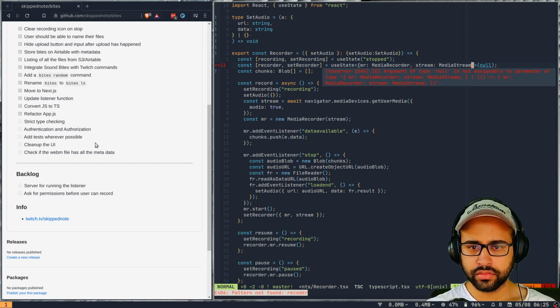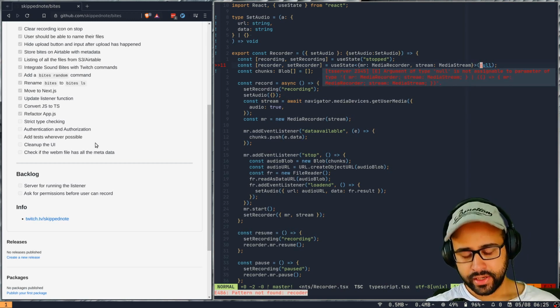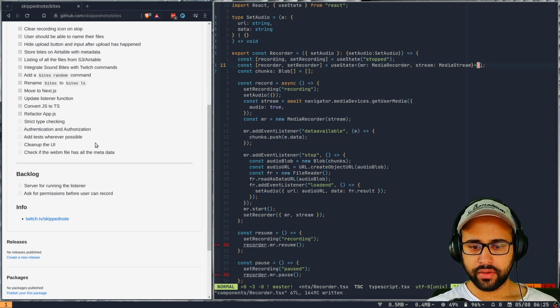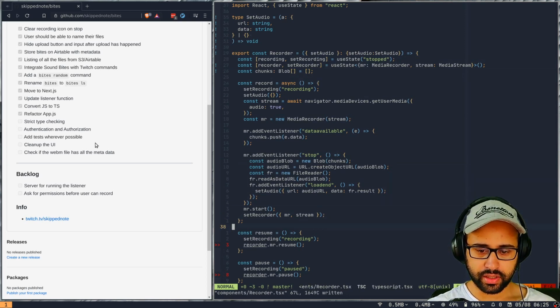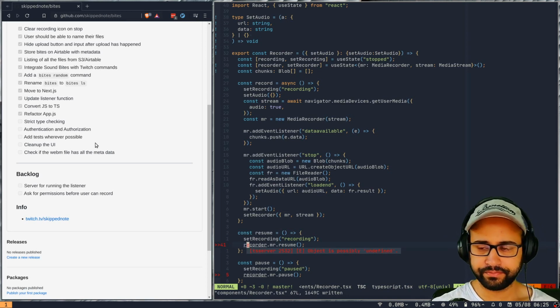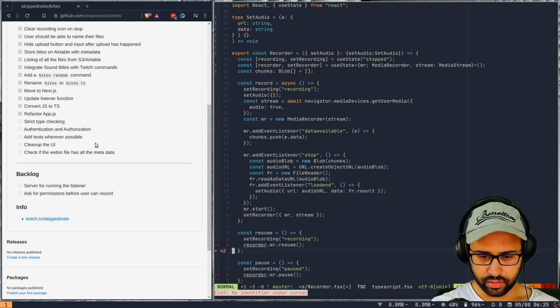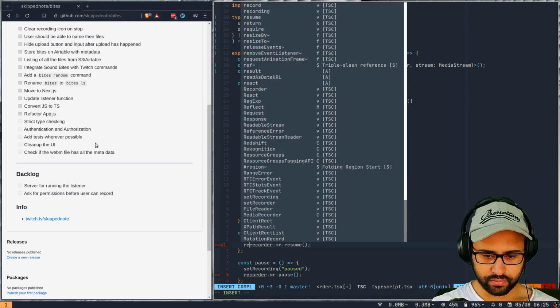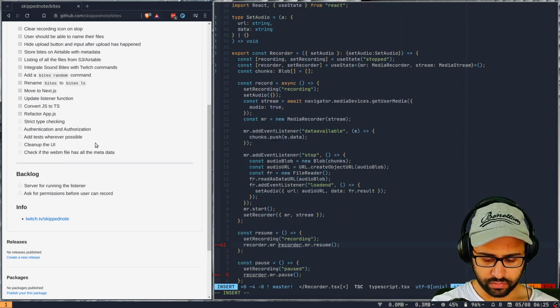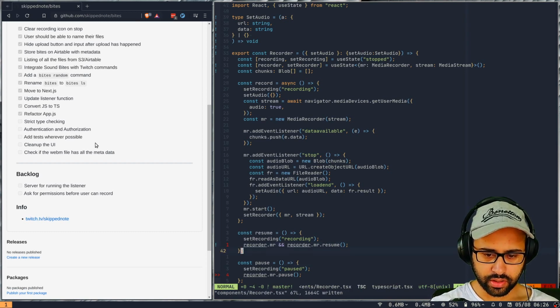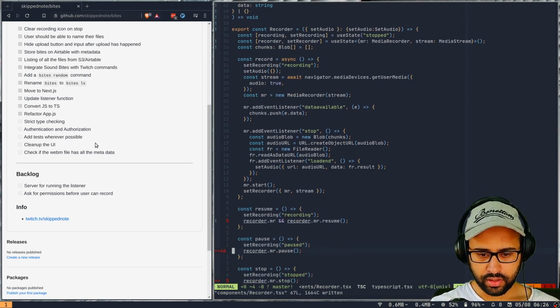Okay, so apparently we can't assign null to it. Maybe we can just leave it empty and it will remain undefined. Okay, now it's complaining that we should probably check if this exists or not. Yeah, okay, which is fine. We could probably just do a check here, and that should be it. I can do a short circuit, and then that should be fine. Same thing here as well.